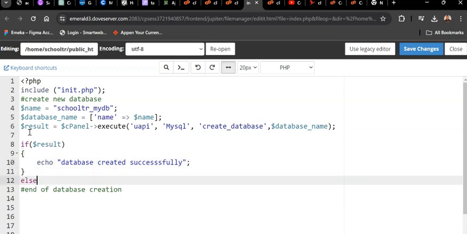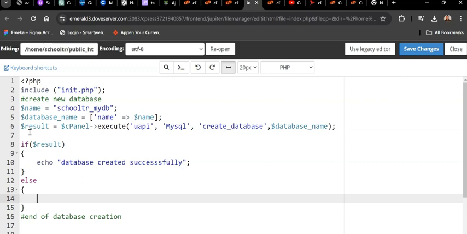Else, echo database was not created. So let's run this code,